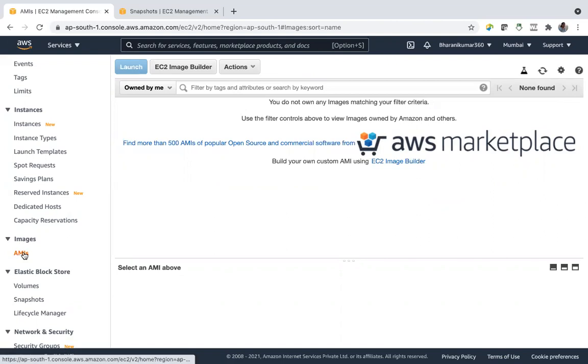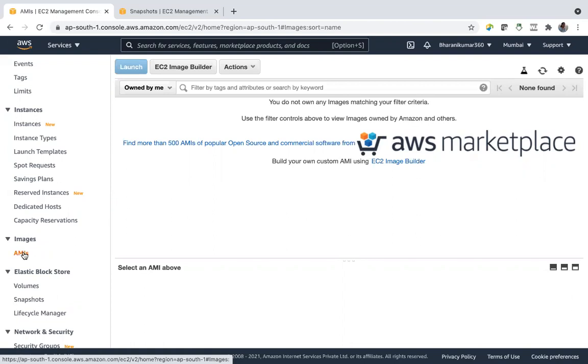AMI is bootable copy. So we have talked about this scenario. If your organization wants to expand its business, it's trying to set up servers in Singapore also, and more or less those servers are the same as your Mumbai servers with a little bit of changes. Then you can copy your server in Mumbai region to Singapore region and make those changes there.